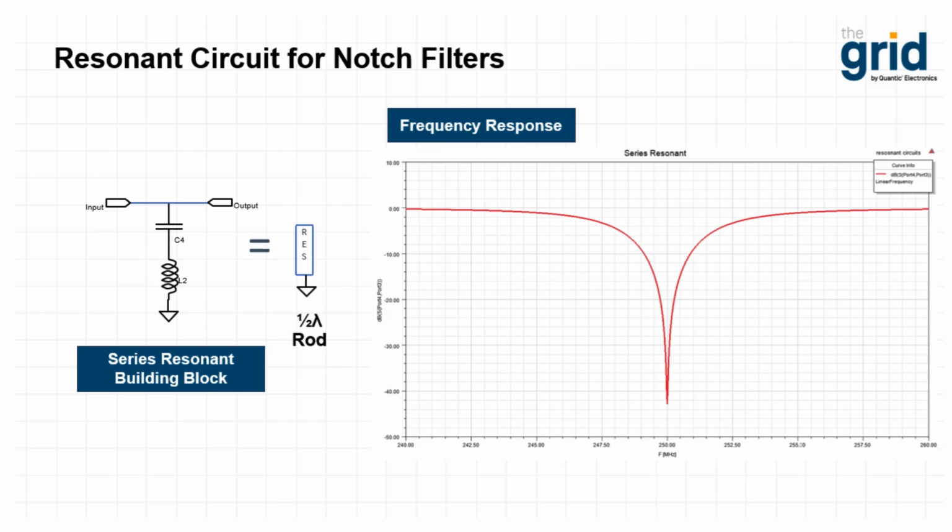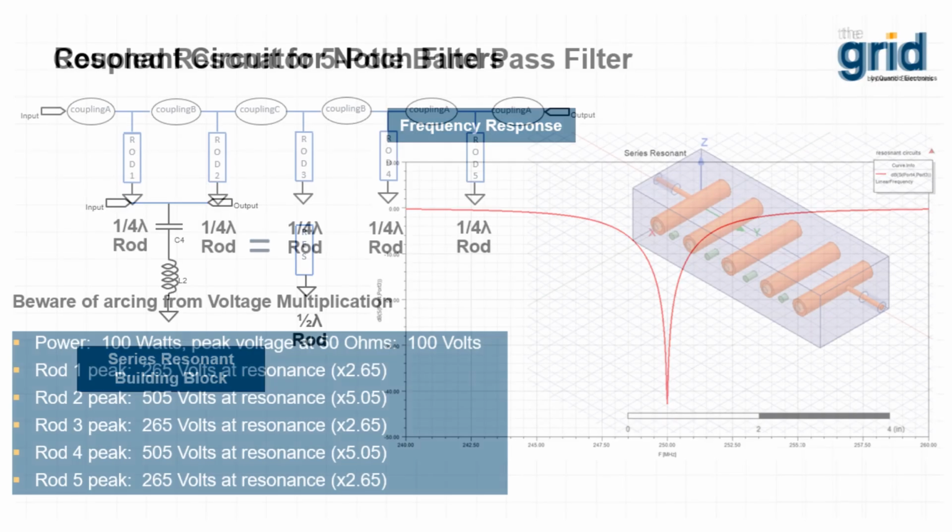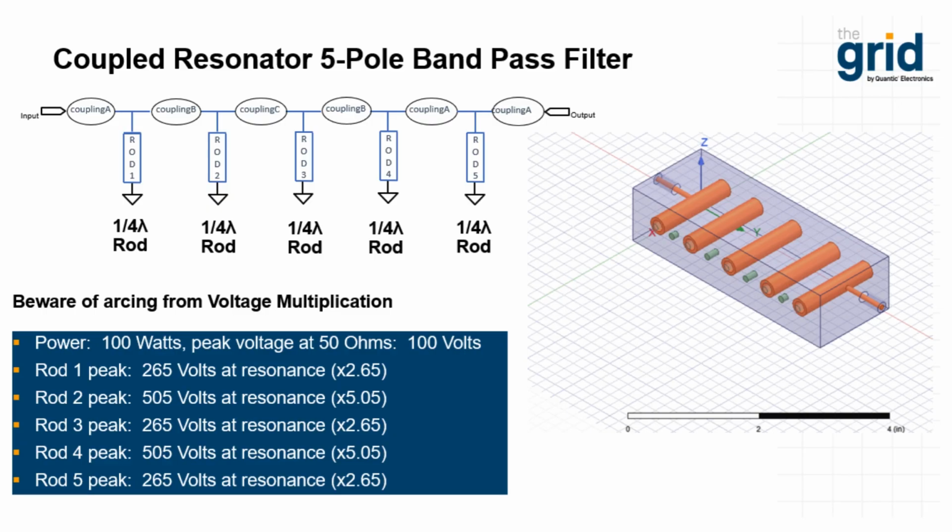So typically, an inductor and a capacitor would not have nearly as deep and as narrow a notch as a half wavelength rod would. So this is an example of a 5-pole bandpass filter. It's 5-pole because there's 5 rods here. And one thing, talking about trade-offs between different kinds of filter elements, when you use high quality factor materials like